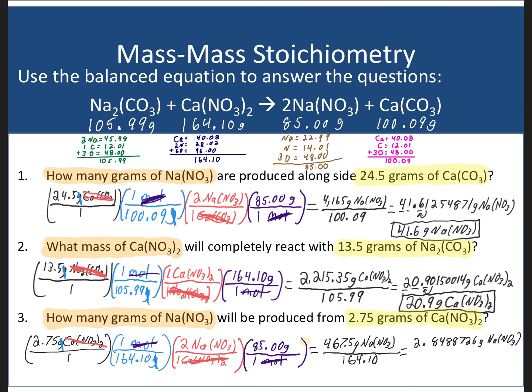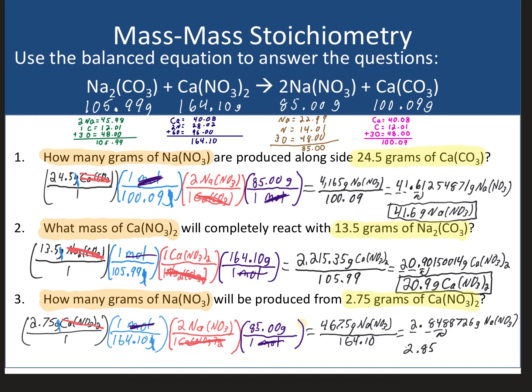I need to worry about sig figs. 2.75 has 3. 2.84, that's 3 sig figs. The 8 tells me to round the 4 up to a 5. And I end up with 2.85. Need to adjust my screen a little bit. 2.85 grams